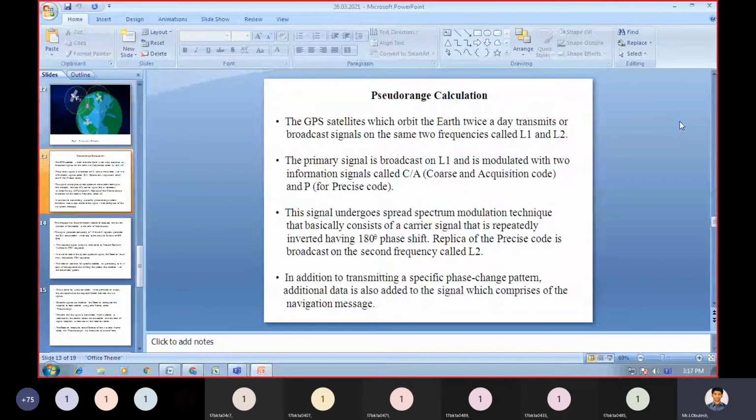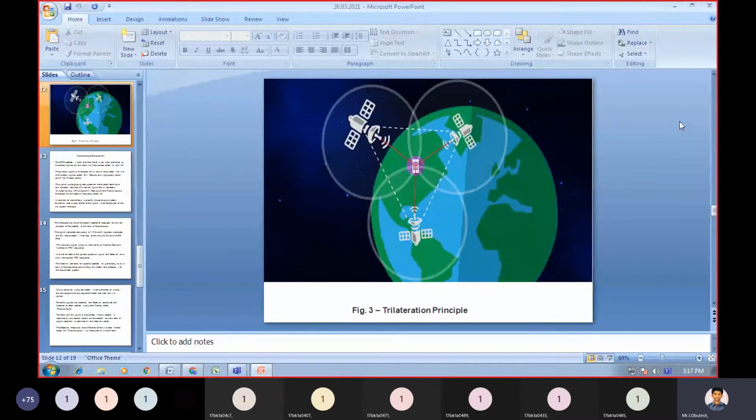For this, you need to see the diagram. By using the trilateration principle, we will be able to find out the distance, which is equal to travel time times the speed of light, where the travel time is the time taken by the signals to reach the receiver, which travels at the speed of light, and the distance measured